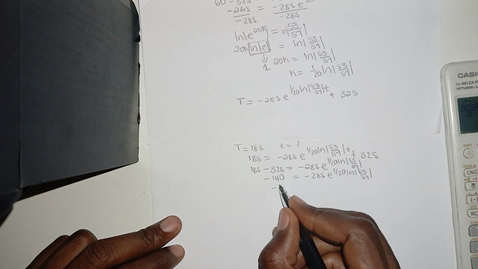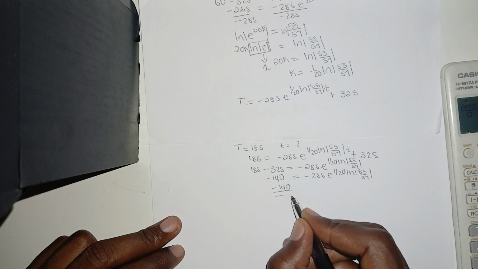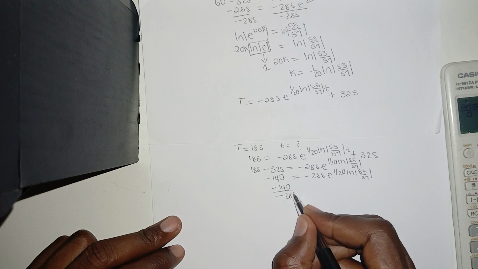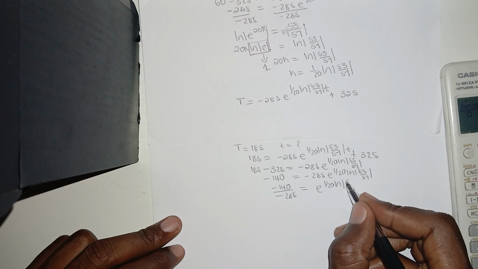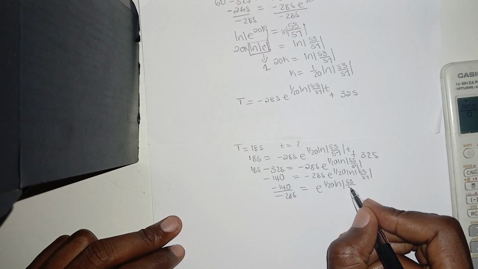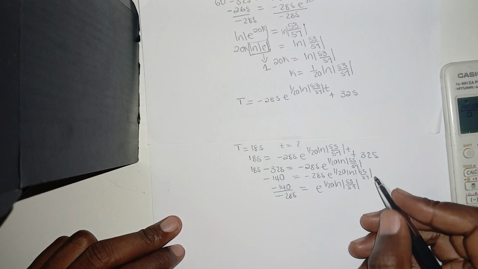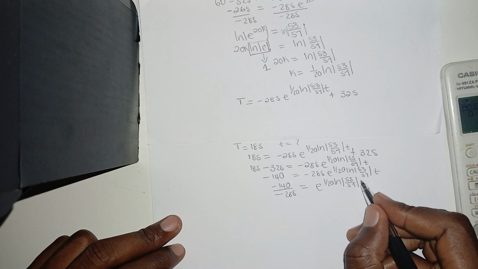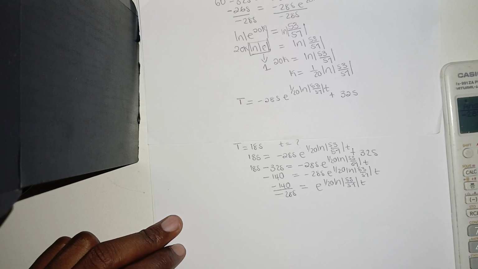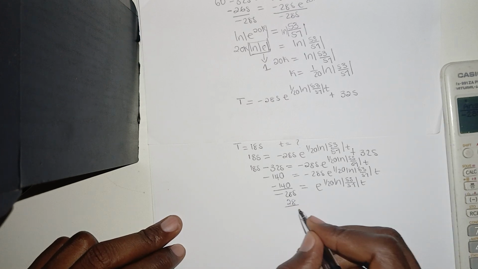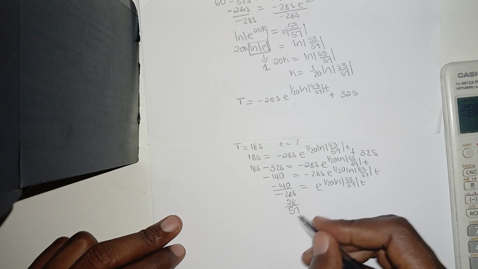Negative 140 divided by negative 285 gives us 28 over 57